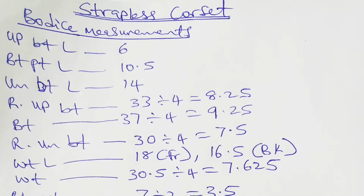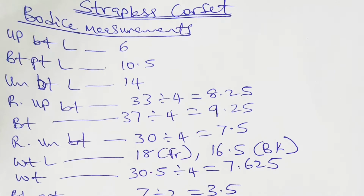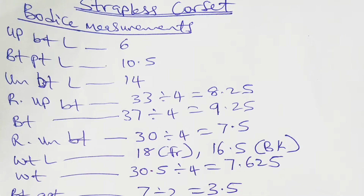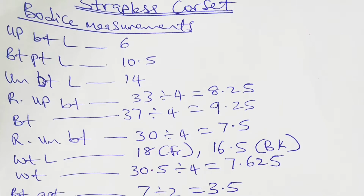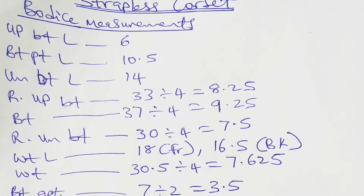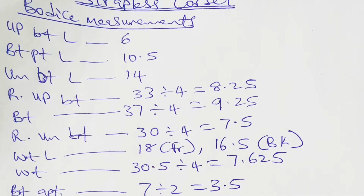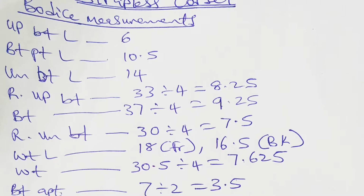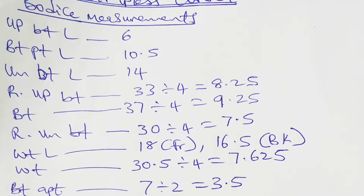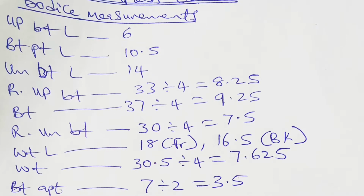For the strapless corset, these are the bodice measurements you will need. Upper bust length 6 inches, bust point length 10.5 inches, under bust length 14 inches, round upper bust 33 inches divided by 4 equal to 8.25 inches, bust 37 inches divided by 4 equal to 9.25 inches, round under bust 30 inches divided by 4 equal to 7.5 inches, waist length 18 inches for front and 16.5 inches for back,